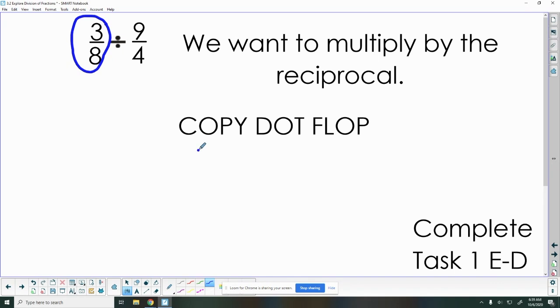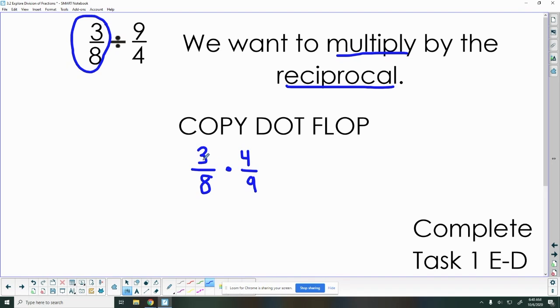So I have 3/8 and we copy that one. That's what I have and I keep it the same. I'm not changing that. But we're going to multiply by the reciprocal. So instead of dividing, I'm doing the opposite of divide, which is multiply. There's my dot. And then I'm doing the reciprocal. Since I changed to the opposite of division, I have to change to the opposite fraction, which turns into